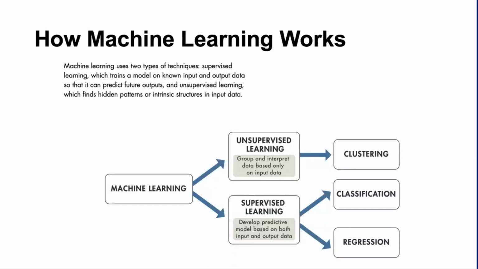Otherwise, if you have a data set that is unlabeled, meaning you only have the input features, but you don't know what is the corresponding label for each of these features, for that case, you use unsupervised learning. So basically, the selection of whether to use supervised learning or unsupervised learning depends on the available data set that you have. If you have a labeled data set, then you use supervised learning. If you have an unlabeled data set, then you use unsupervised learning.